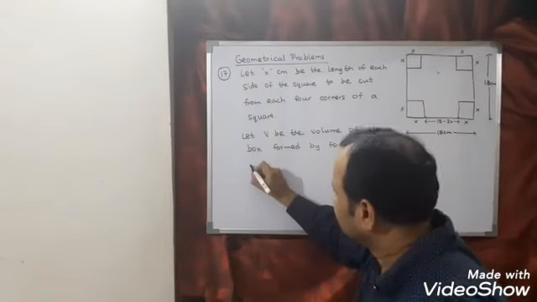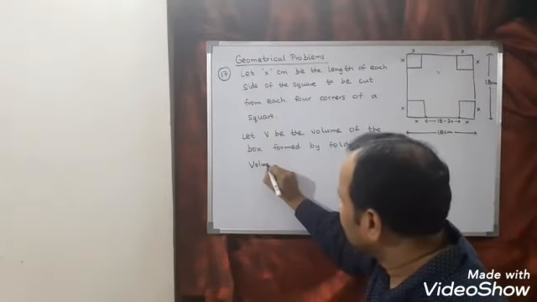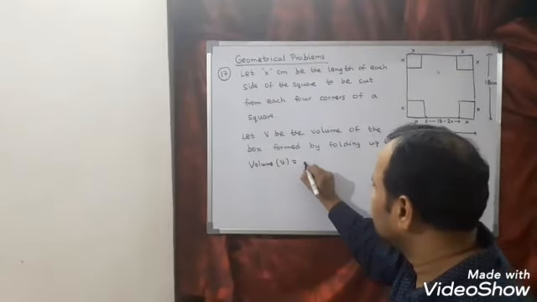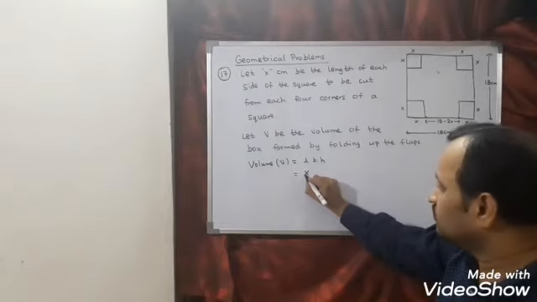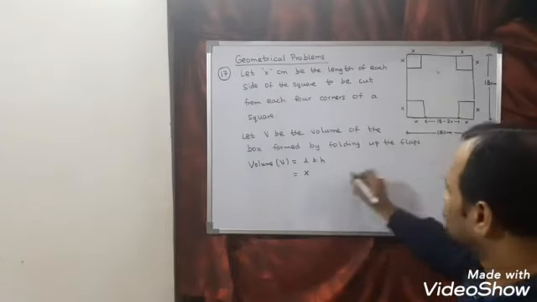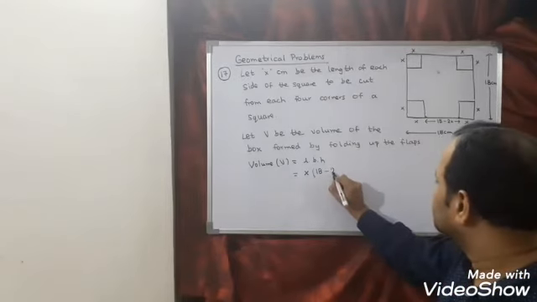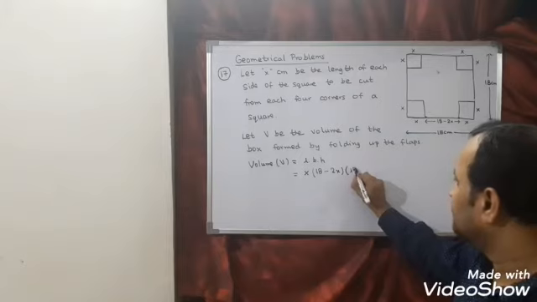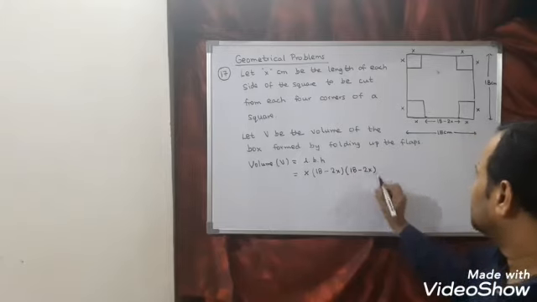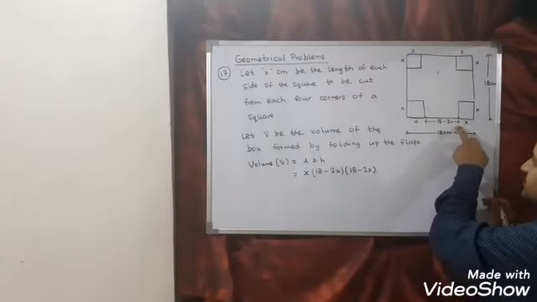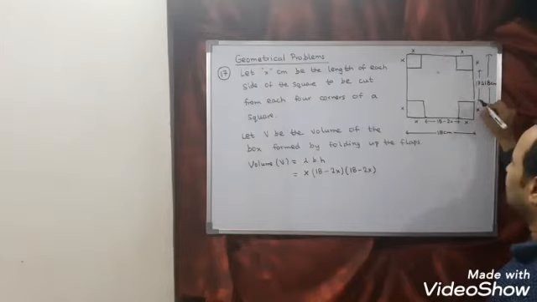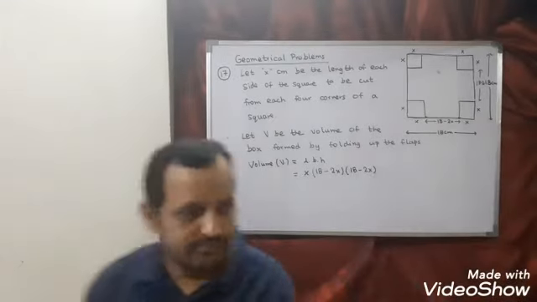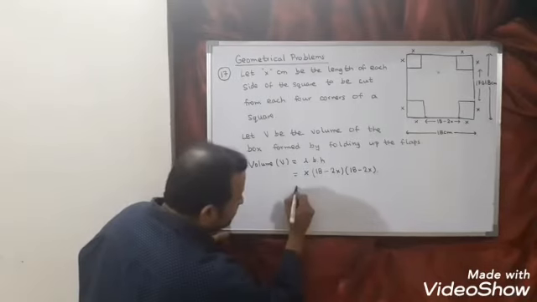So here I can say V is equal to, so the volume of box formula is what? It is nothing but length into breadth into height. So one length I took to be x, since it is a square, so what you will get is 18 minus 2x. Again I can say 18 minus 2x. So length is 18 minus 2x here. Here also I can say this is also 18 minus 2x. And height is nothing but x.